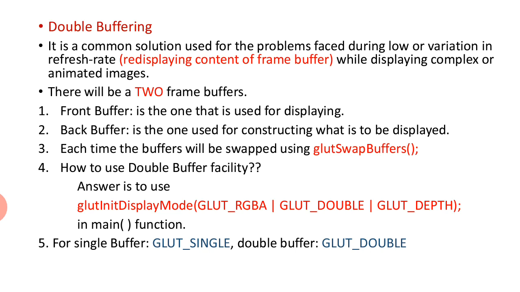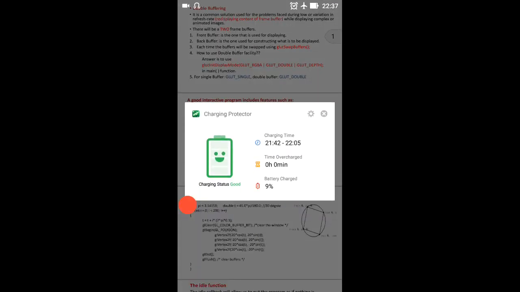Normally, whenever we write graphics application programs, especially using OpenGL, if we are going to display very simple primitive objects as a static output, then there will be no problem at all. At that time we can use the facility called single buffering. But when we want to create images which are more complex, or animated images,